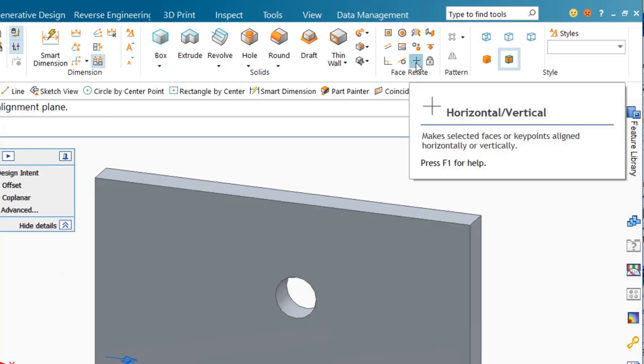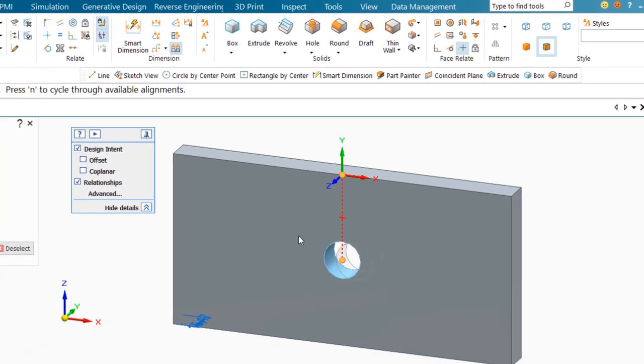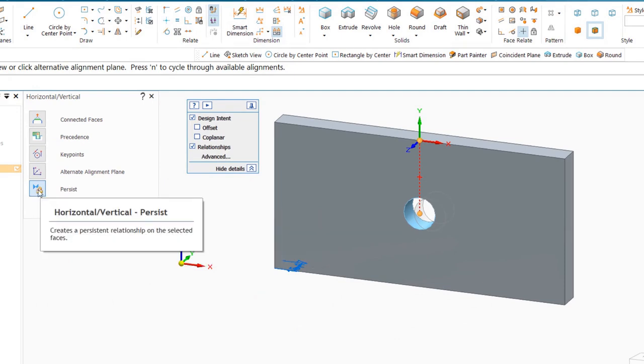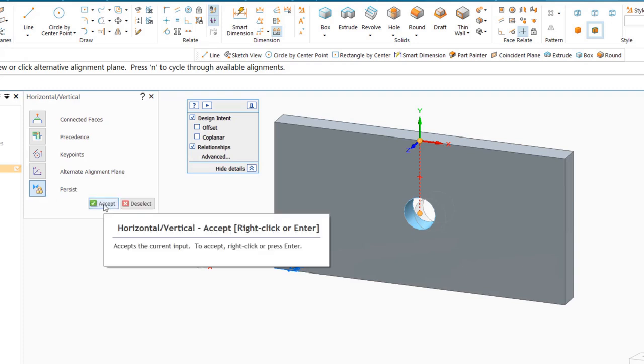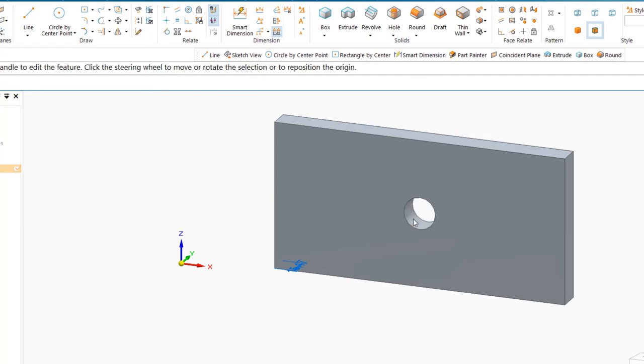Come back again to horizontal vertical, grab the cylinder, and this time I'll put it on this top line here. Click on the center, and now accept. It's on persist right now. That means it'll always stay there. Design intent can't override it basically. So I'll hit accept, and now if I come back to the select button, grab this hole,